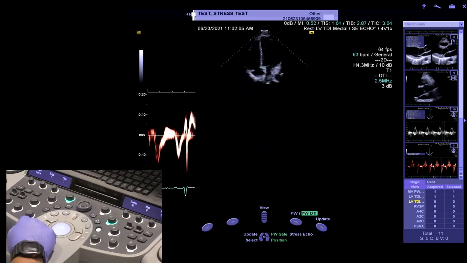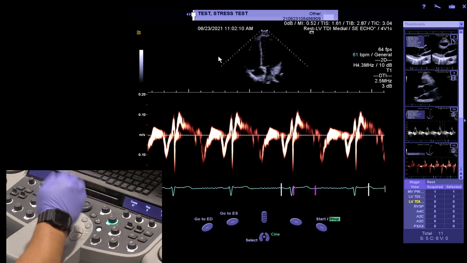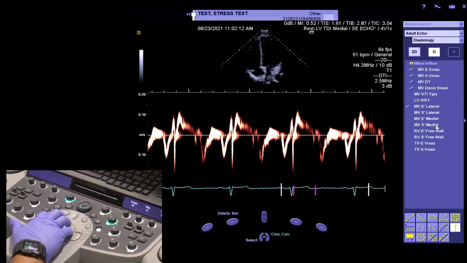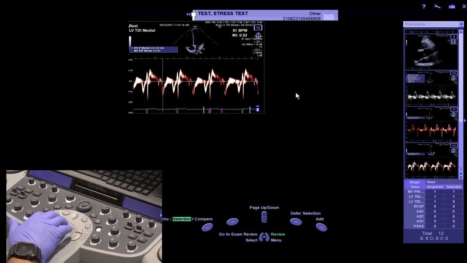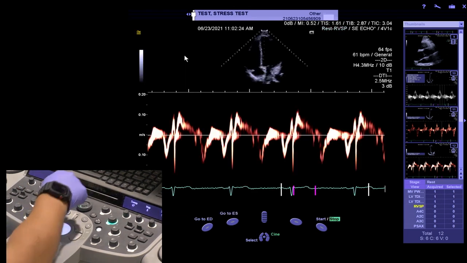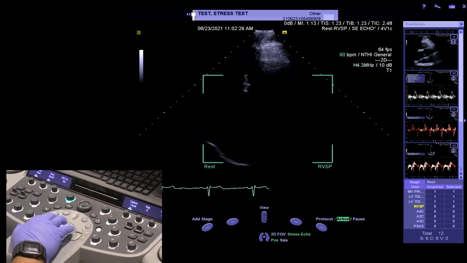We will initiate the medial TDI. Once we're satisfied, we will freeze the image, make the measurement of our E prime, and then acquire, giving us another chance to go ahead and accept. We will double click to accept, 2D, and now it tells us what we need to do next, which is